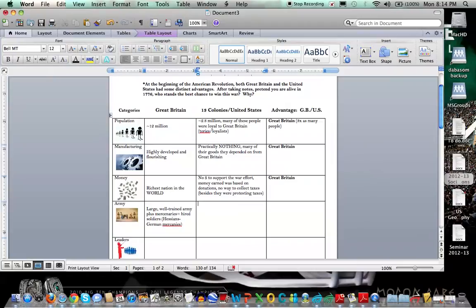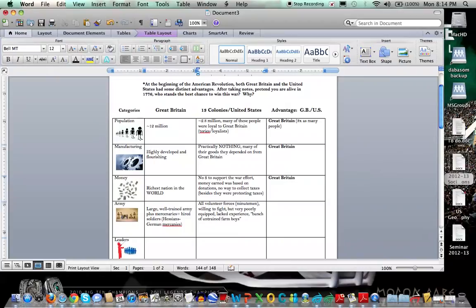The army for the Americans, most of you are probably familiar with this, was all volunteer forces. You've probably heard the term before, the Minutemen, these guys who were ready to fight at a moment's notice. So all these volunteer forces, the good part is they were very willing to fight, but as you could probably tell from above, because of the money and financial situation, they were very poorly equipped. They lacked experience, and it was basically a bunch of